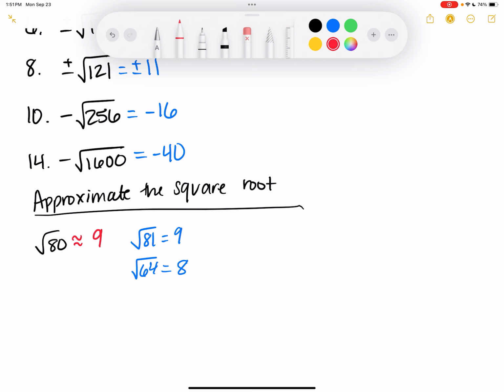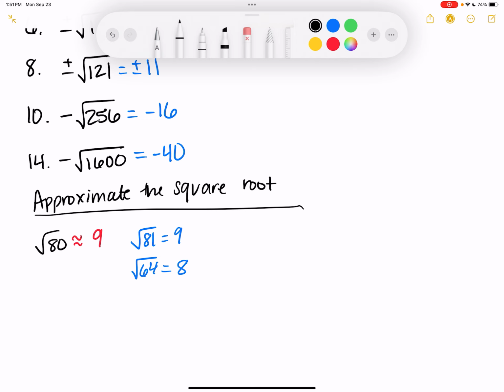So pick a perfect square that it's closest to, and we're going to say that's what it's equal to. So when you do them, I want you to show me the perfect square that's before and the perfect square that's after, and then choose the one that it's closer to. Okay? So number